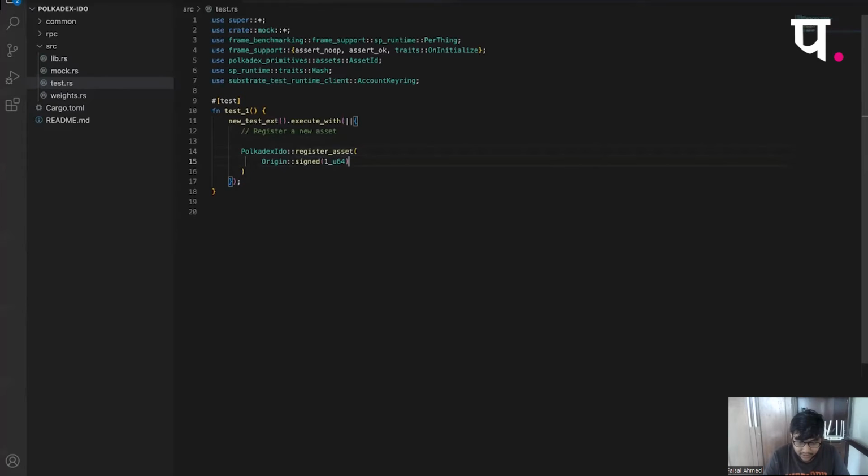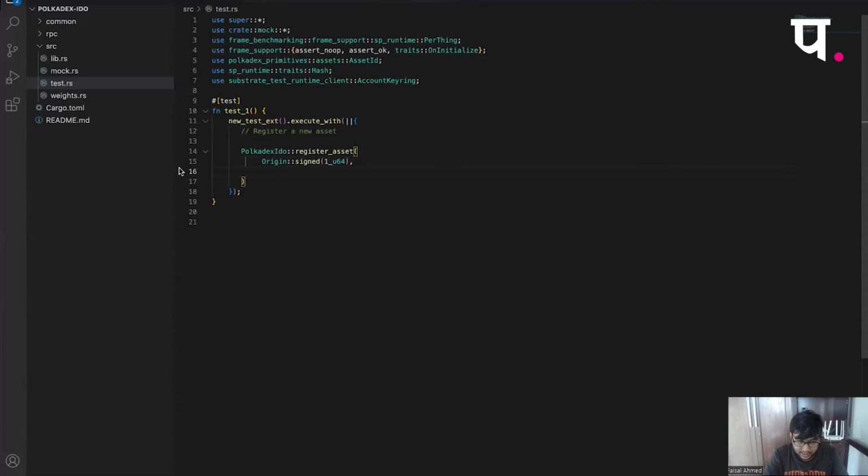There are different things you can do also. You can use root over here, which would mean that the pseudo key account is accessing the extrinsic. For unsigned, it would be origin none. But we defined this extrinsic to be signed, so we have to sign it in origin, or else we would get this error called bad origin.